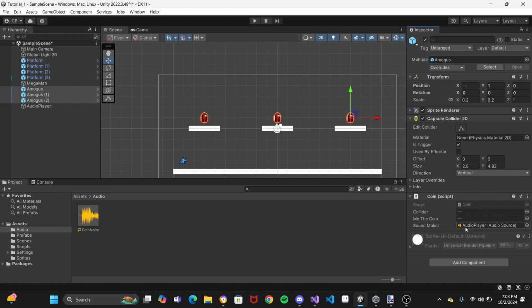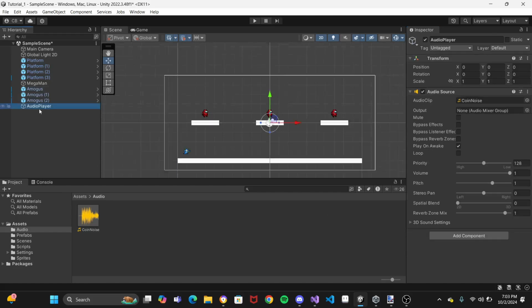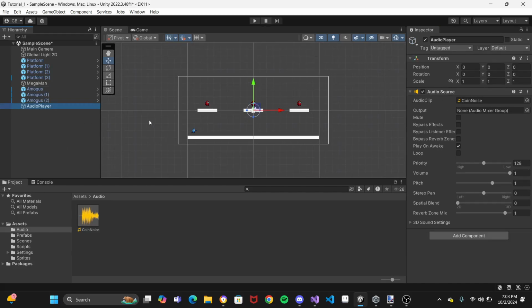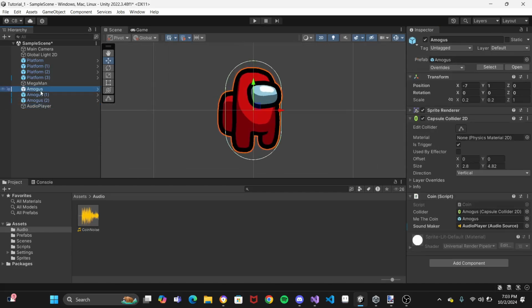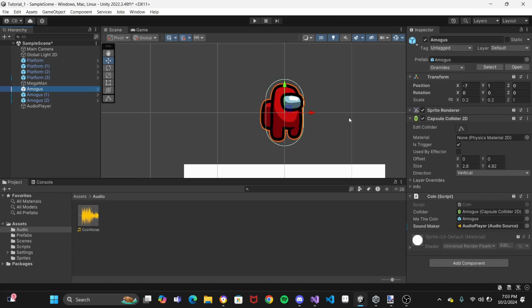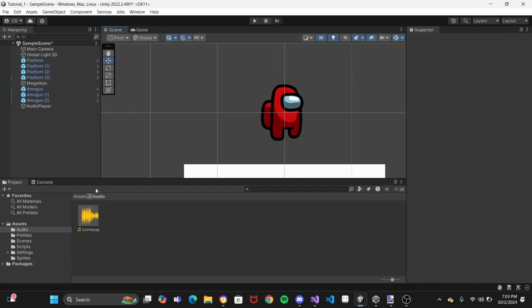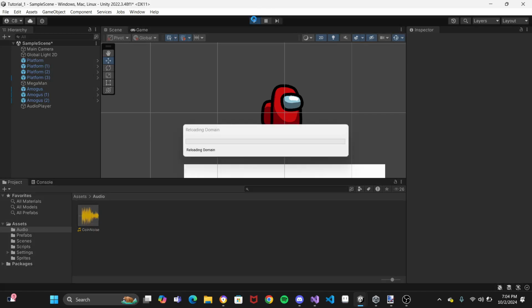And that is how you can link different objects together through the editor. Since the audio player has the audio source, now all the Amogus coins have access to the sound maker from that. So from there, if we click play,